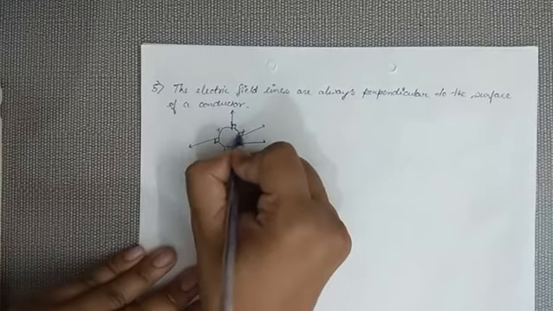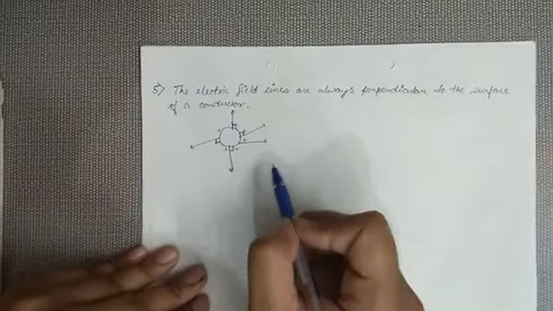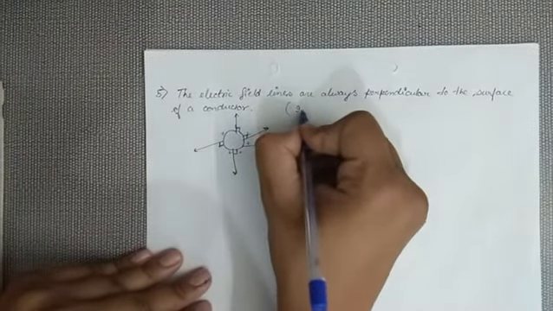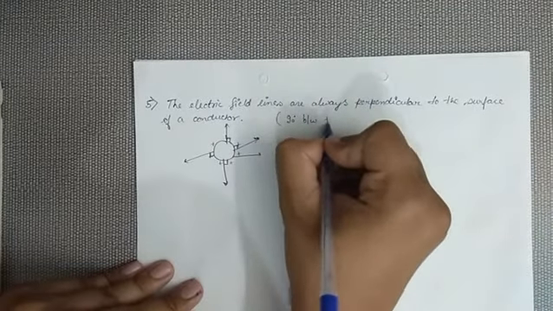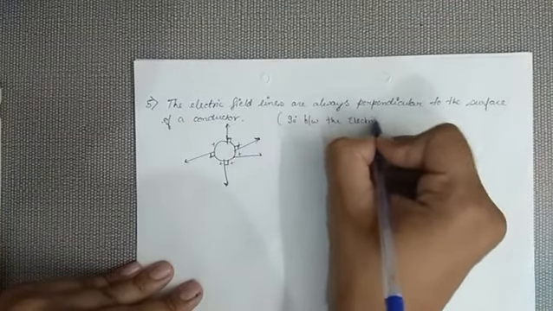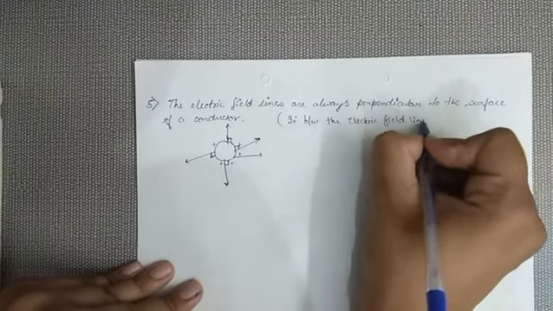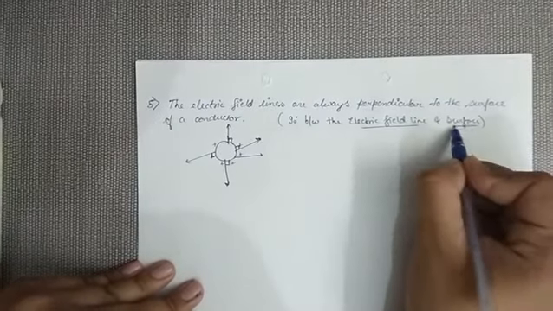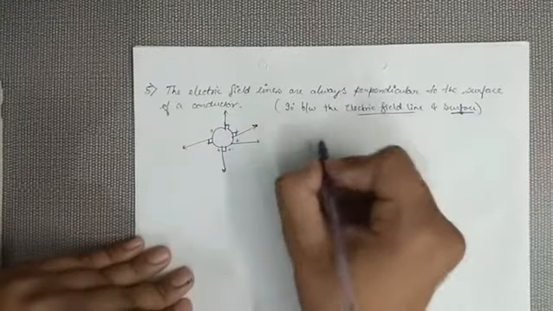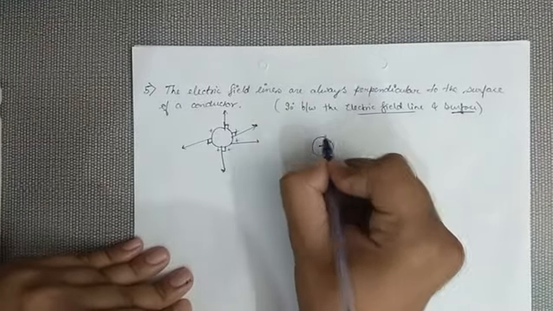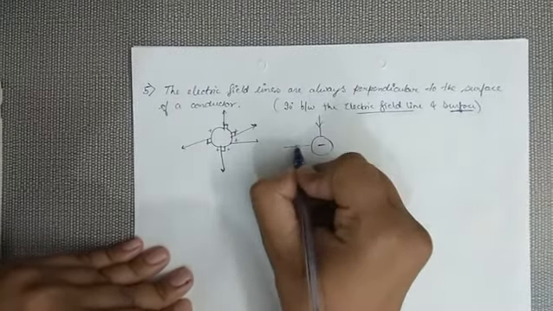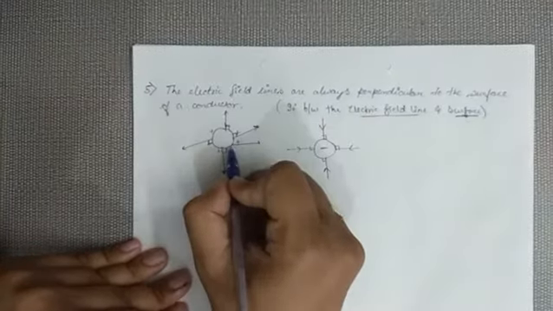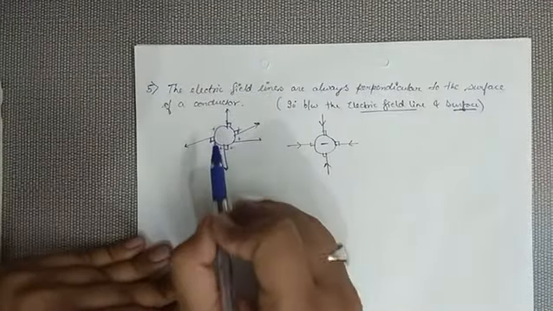on this conductor. So sometimes a question has also been asked: what is the angle between the surface of the conductor and the electric field? There is always a 90 degree angle between the electric field line and the surface. So these electric field lines are always perpendicular to the charged body. If it is negative, then also the electric field line will enter this body perpendicularly, and where they leave the body, that will also be perpendicular. Means they are always perpendicular to the charged body.